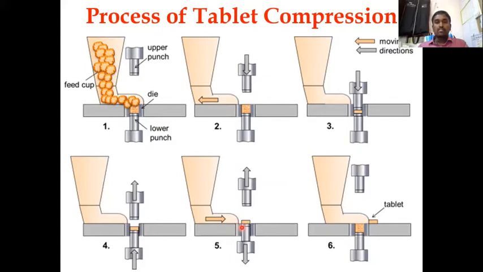Now the lower punch works, because you could see the lower punch is not moving anywhere here. It's stagnant. So one could doubt what is the role of the lower punch. Now this lower punch will go upward, pushing this tablet out. You could see here to here, the lower punch has come up a little to remove this tablet. The tablet will come out. Then the process, as usual, repeats. The powders will come and fill back here once again. The upper punch will come, the powder will be punched into a tablet, and the lower punch will push it out.